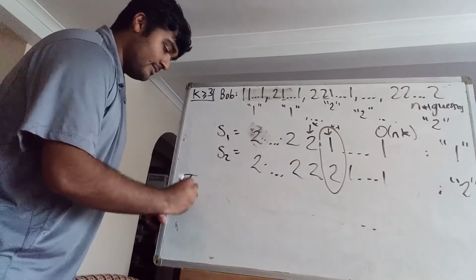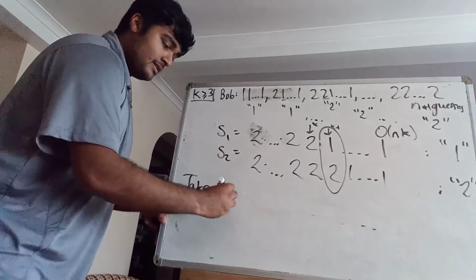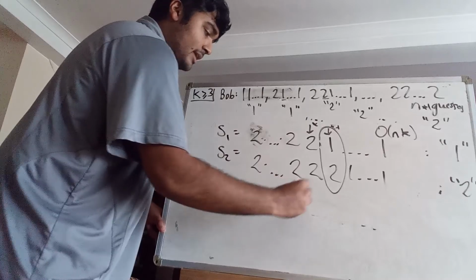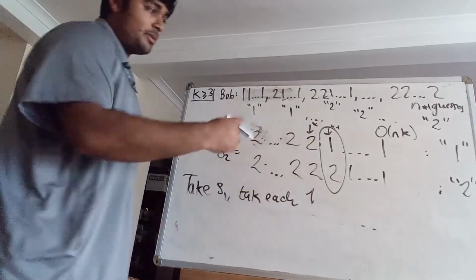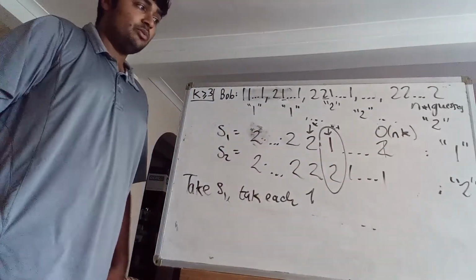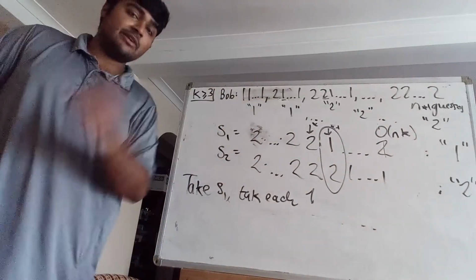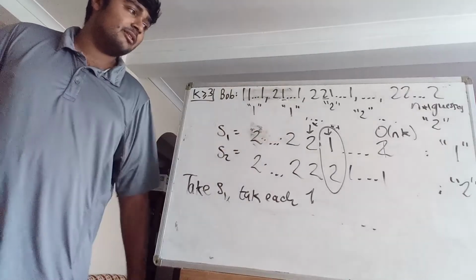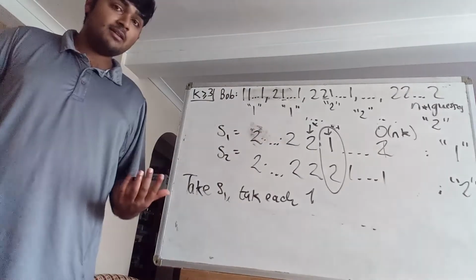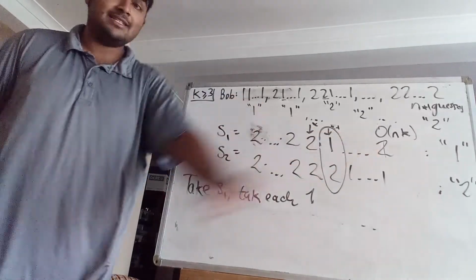So take S1, and then take each one by one. So perhaps we'll start by taking this last one, and we're going to replace it with a 2. And then what we're going to do is query this. So ask Alice if this is her code. And then if she responds by saying 1, then we know that this digit here is neither a 1 or